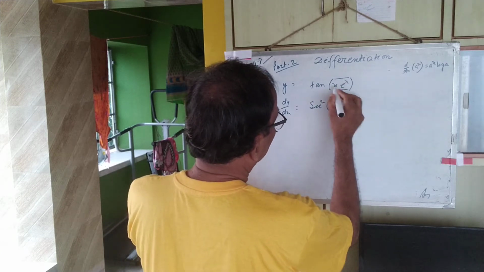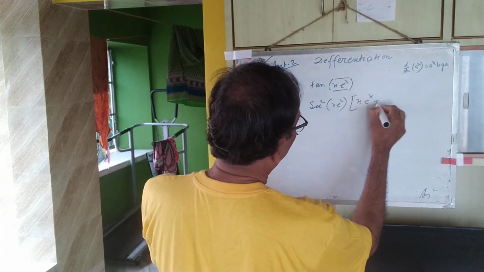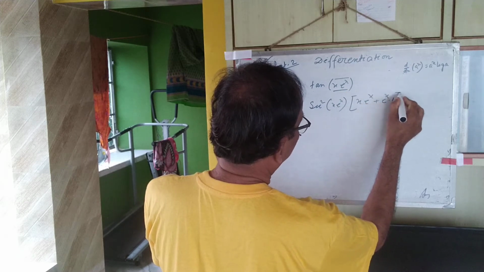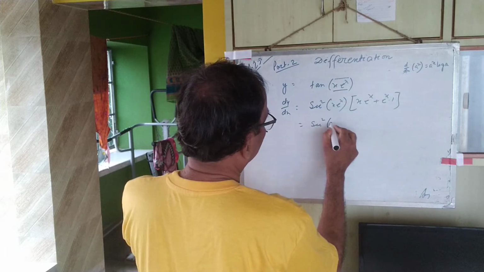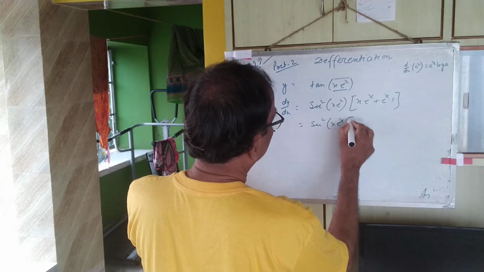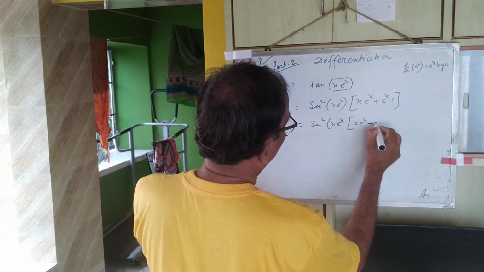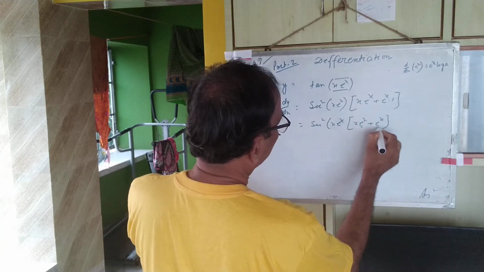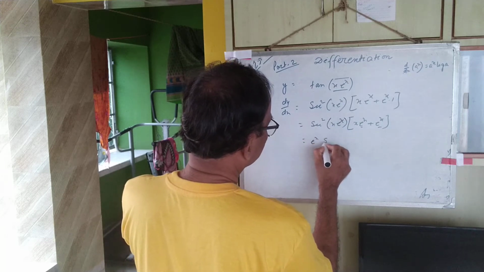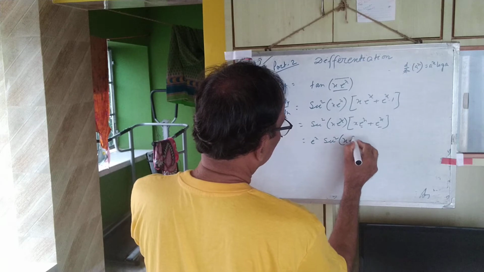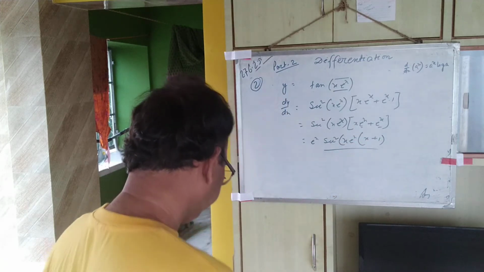Then this is a product, u v: x constant, derivative of e to the x is e to the power x, plus e to the power x constant, derivative of x is 1. Then sec squared (x e to the power x) times (x e to the power x plus e to the power x). We can take e to the power x common here: e to the power x sec squared (x e to the power x) times (x plus 1). That is the simplified form.